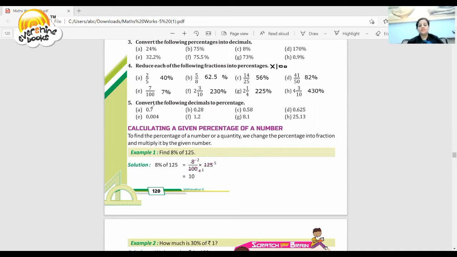In that 0.7 is given. So what we have to do is the multiplication of that number, then we will get the answer. Likewise, you have to do the decimals to percentage. When you do that, you have to see the points. It is going to be multiplied with 100 and then the answer will come 70%. Here it will come 28%, here 28%, 58% and 62%, 0.5. It is like that only. So likewise, you are going to do all the exercises properly.